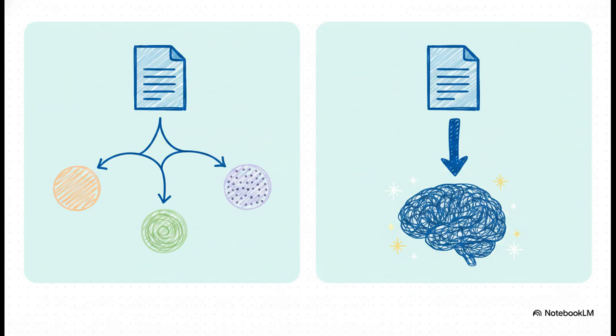LDA gives you a granular, mixed membership distribution per document based entirely on word overlap. It totally understands that a long document covers multiple overlapping themes, and it categorizes it based on how often specific words appear. BERTopic, on the other hand, takes a radically different path. It typically assigns a single, highly semantic topic cluster per document.